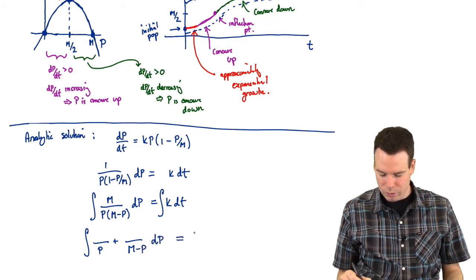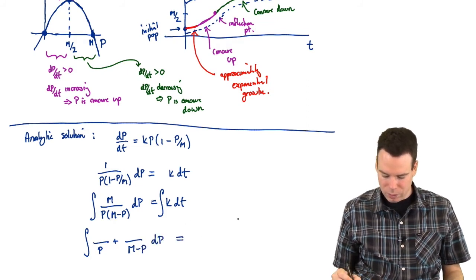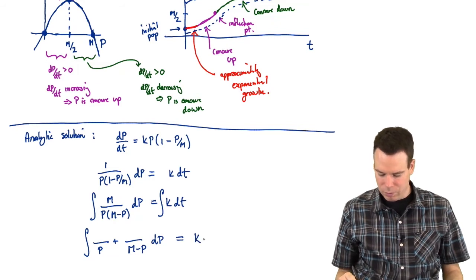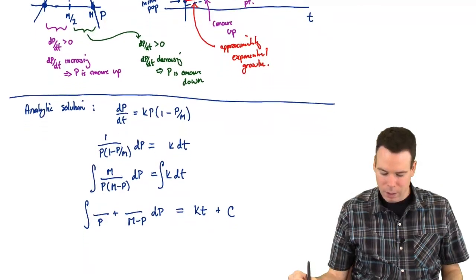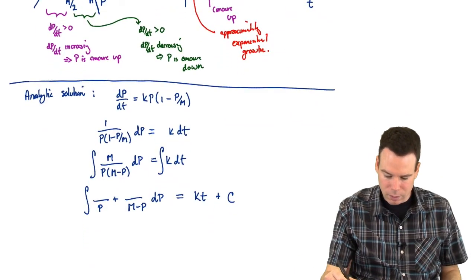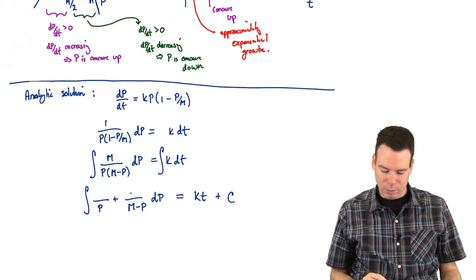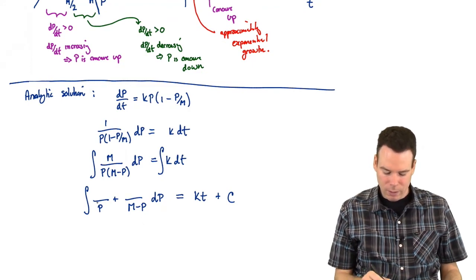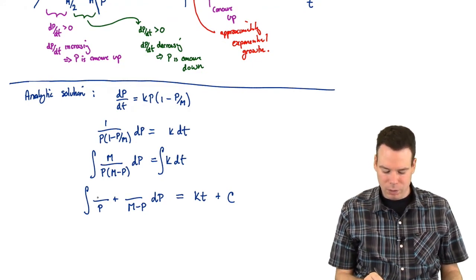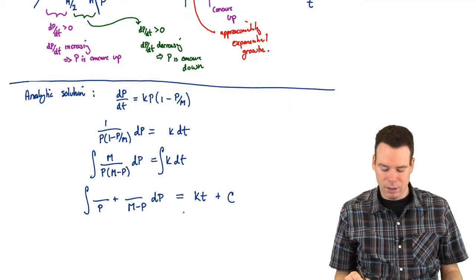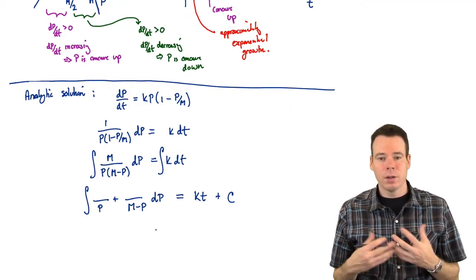I have to figure out what the numerators are, and then on the right, well, the antiderivative of k with respect to t is kt, plus our constant of integration. Now what are the numerators here that will make this decomposition work? Well, you can stick in arbitrary values like capital A and capital B and do the technique for solving for those constants,